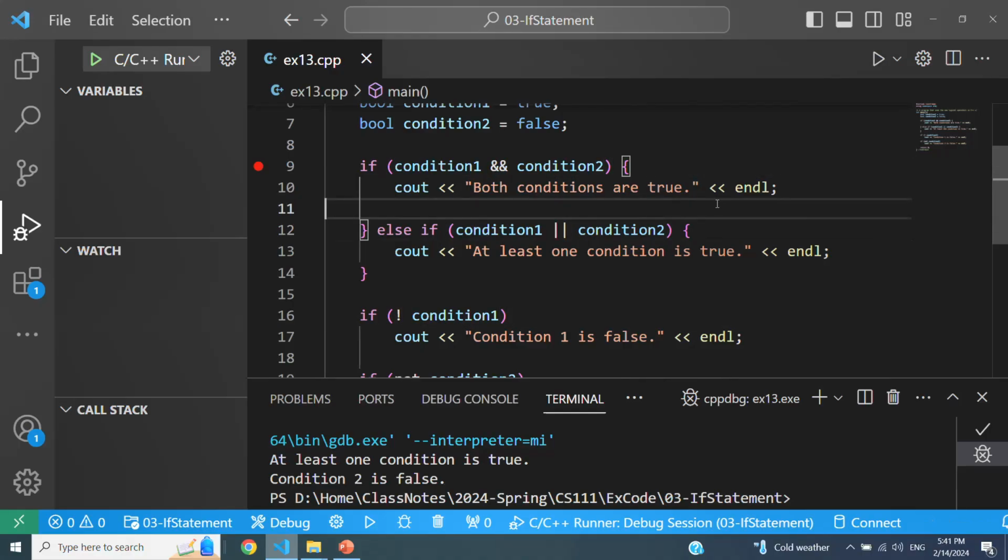But since C++11, you are actually able to use these new keywords to mean logical and, logical or, and logical not. So it doesn't really matter which one you use, just stick to a convention. Of course, if you're using a compiler older than C++11, then you should still use the ampersand, bar, and the exclamation point.